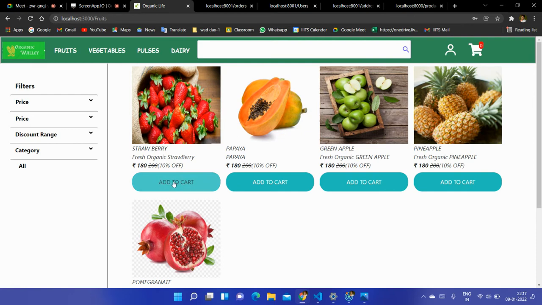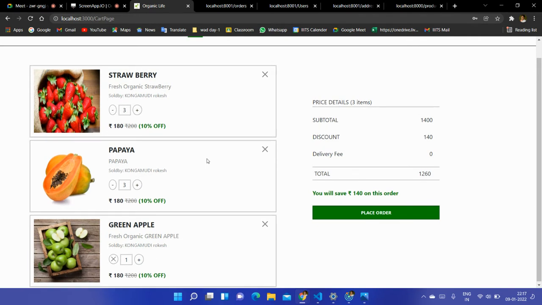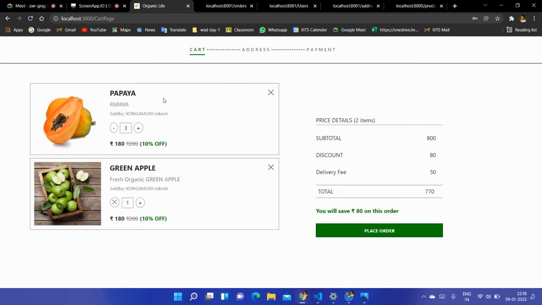Coming to the cart page, you can add more than one product to the cart. We can directly buy from there. As you can see here, these are the products. The calculations are based on what the user selects. He can increase the quantity of the desired product. He can decrease the quantity. In the decrease quantity, if the quantity is 1, it will show a button and we can remove it. If the user is not interested in that particular product, he can also remove it by hitting the button here.